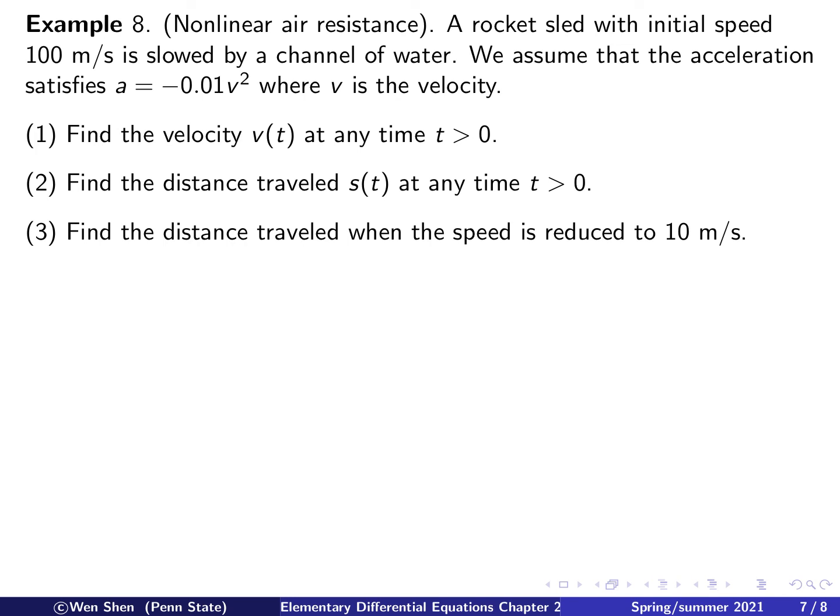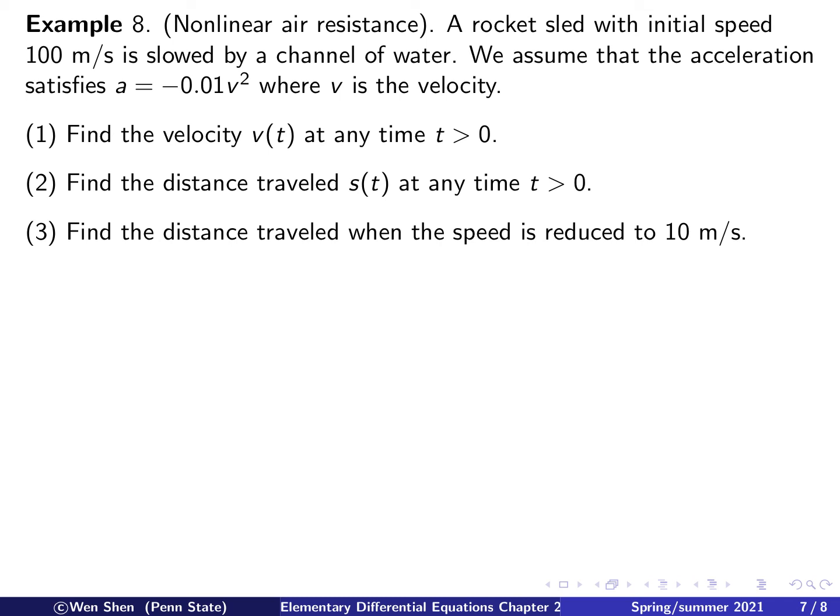Okay, so let's look at one more example. This is an example which would end in a nonlinear PDE. So here's the word problem. We have a rocket sled, and it is traveling through a channel of water and being slowed by it. And we are given the initial velocity, and then we are also assuming that